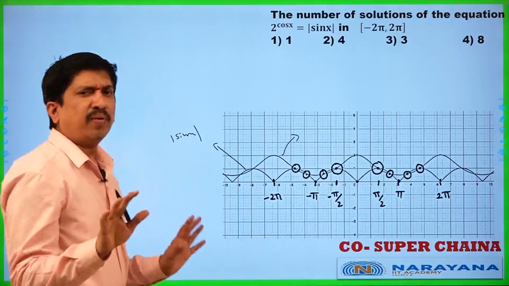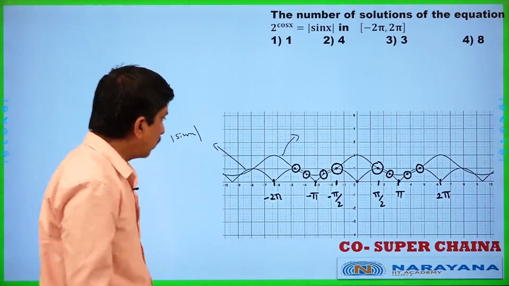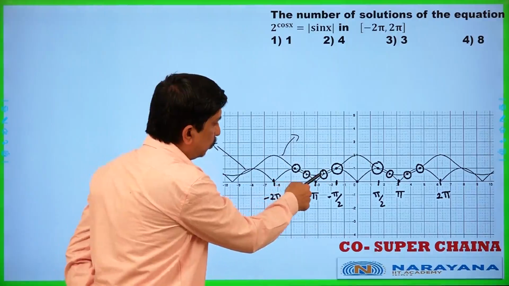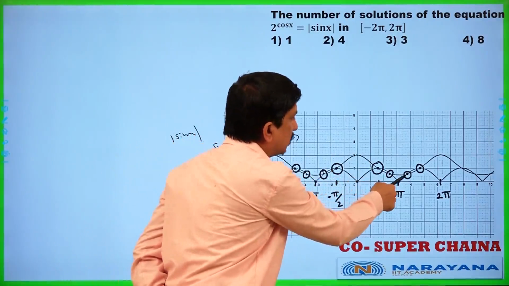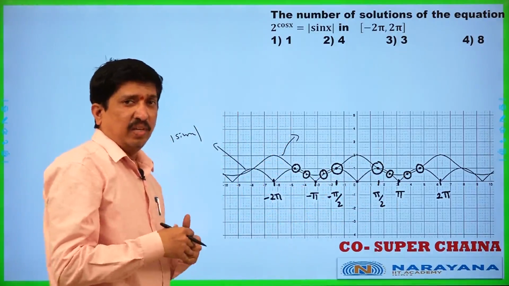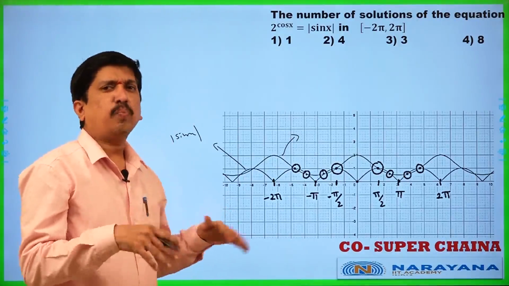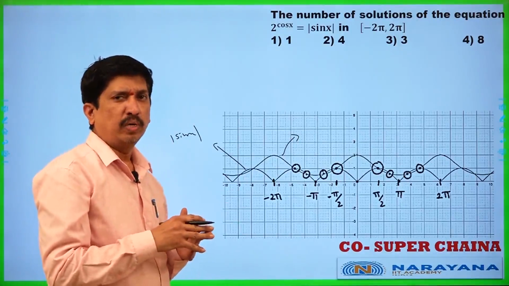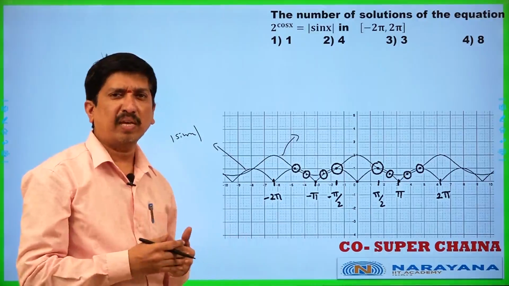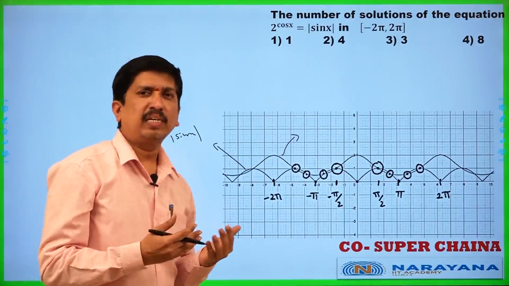Now, the number of solutions is nothing but the number of points of intersection. Now, you see, once you observe the already marked points, 1, 2, 3, 4, 5, 6, 7, 8 solutions are there. If you practice these graphs very well, then at the points where they are intersecting only, you will get the solutions. Finding the solutions analytically is a little bit difficult for some problems, so by using the graph you can easily make it out. Otherwise, it is a little bit difficult for you.